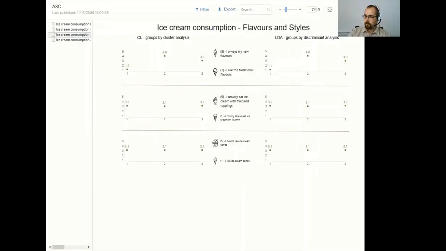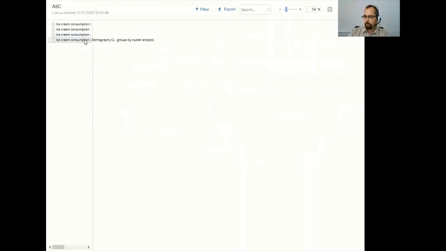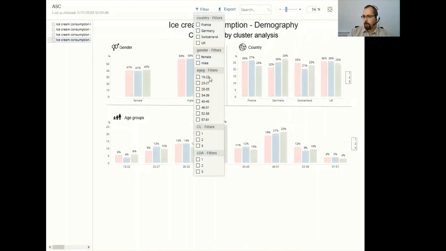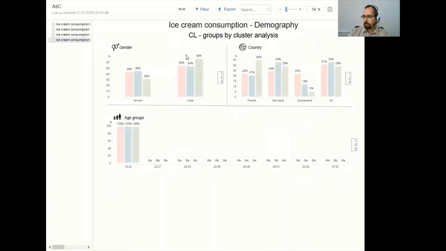But let's put some colors into these graphics. And here is a summary of the proportion of each group in different categories. We can compare people by gender, country, or age, and we can play with some filterings as well. I will select the youngest age group, and you will see that the proportion of the third cluster, cluster number 3, is increasing to 68% in males. Here are the males, and you can check the green bar. I select the youngest age group, and it immediately recalculated.